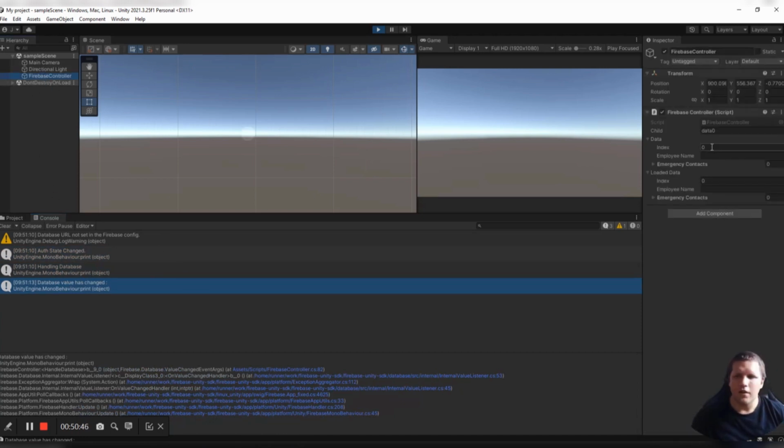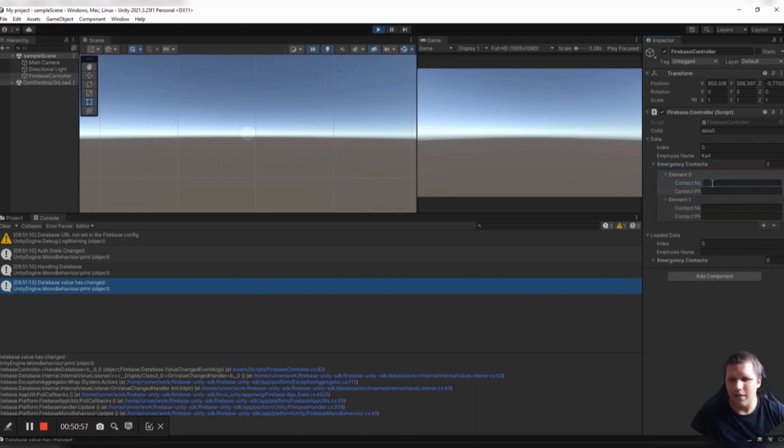Okay, now if I go in here, I say index 0, employee name Carl with a K, employee contacts, this guy will have 2 contacts. Contact name will be Tiffany with the phone number of 012345678 and then we have Henry with an IE. I don't know why I'm giving all of these people weird names, and